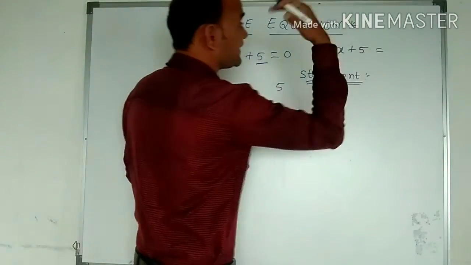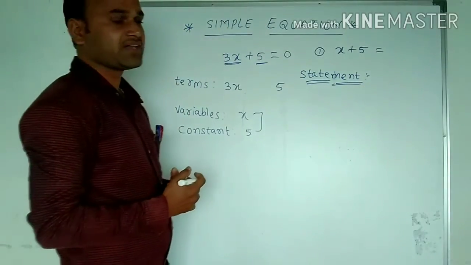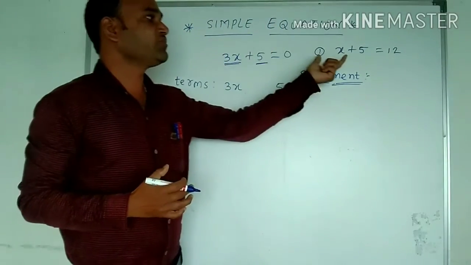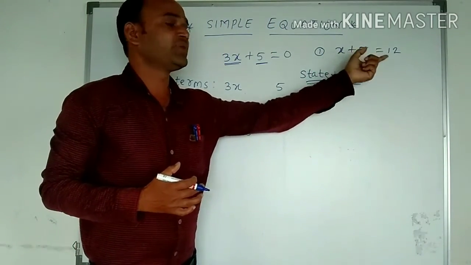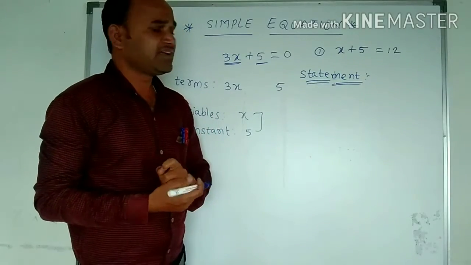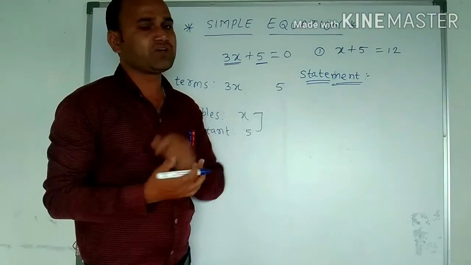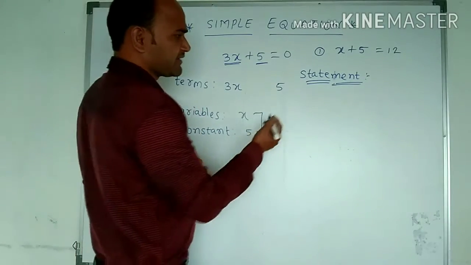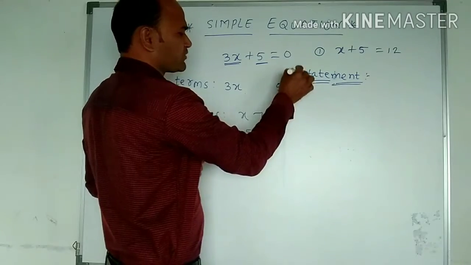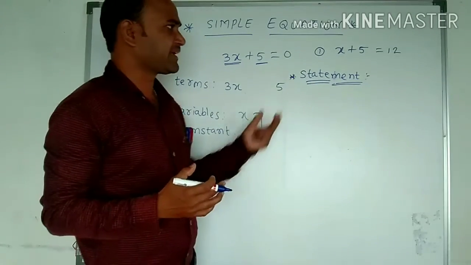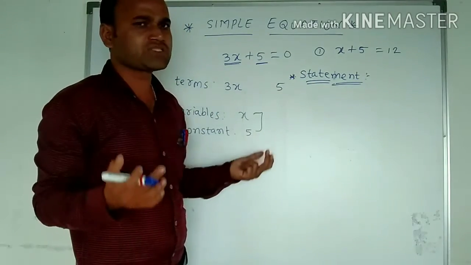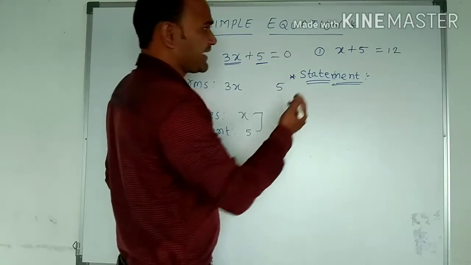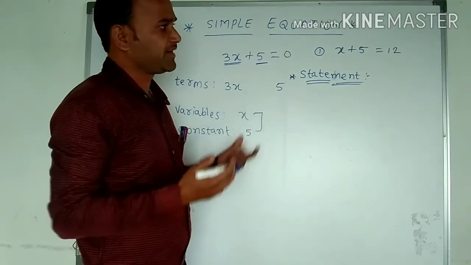Suppose the answer is 12. How do we write that equation? 5 is added to x, so we get 12. It means a number, 5 is added to a number, it gives 12. बहुत सारे ऐसे methods हैं statement लिखने के, जो भी आपको suitable लगेगा वो statement आप यहाँ पर लिख सकते हैं. हर एक बच्चे अलग-अलग तरह से statement बना सकते हैं. 5 is added to a number, it gives 12.